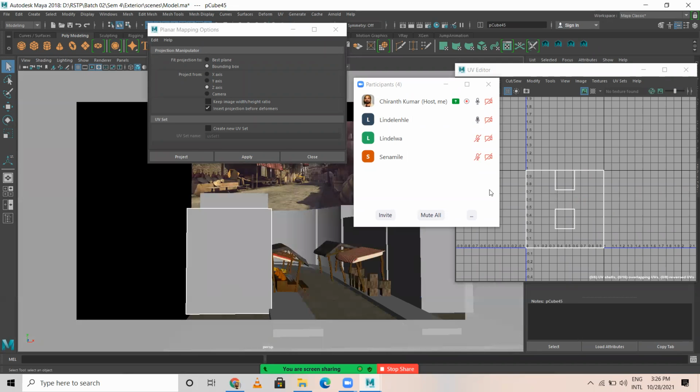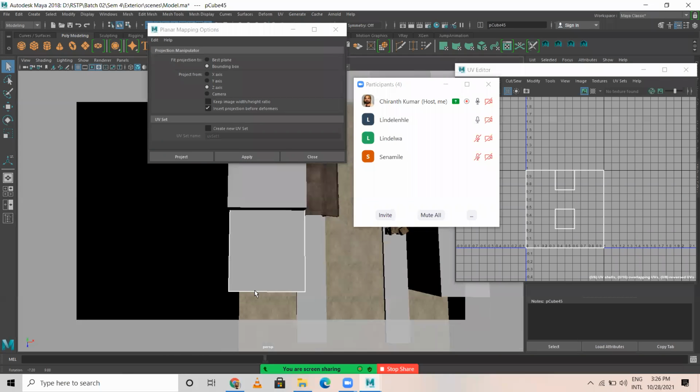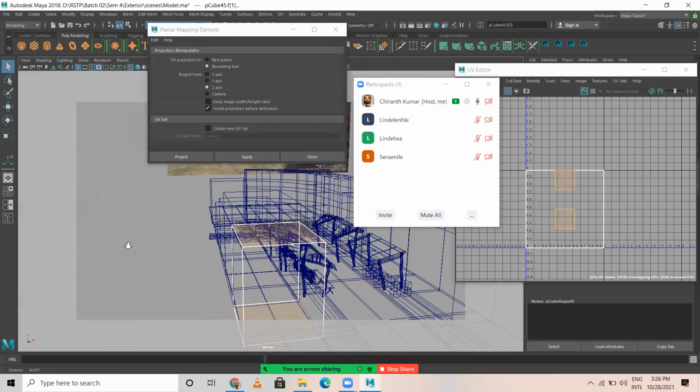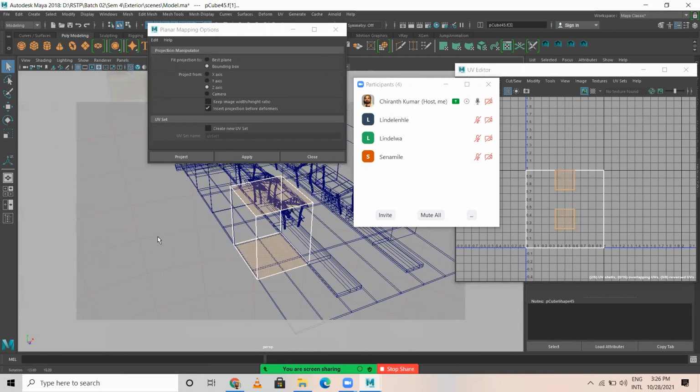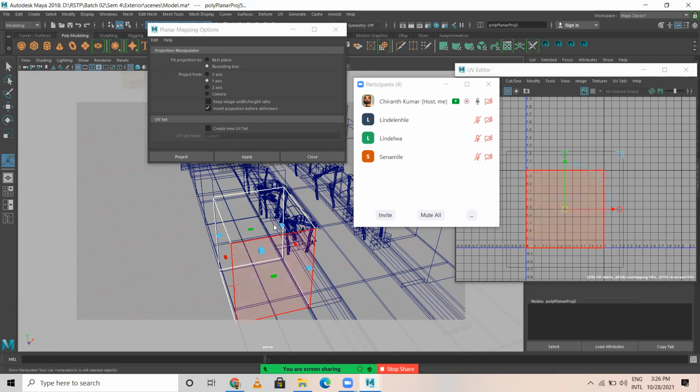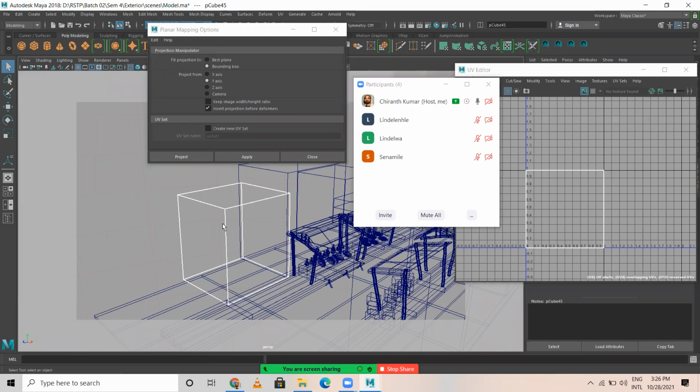Tell me. Y-axis. Only Y axis. So for that you have to select these 2 faces. Drag and select on the top. You can press 4 so that you will see, okay, top and the bottom. 2 faces are selected, right? Now I have to click on Y axis and apply. Now with this method, what happens? This entire box, this cube has been unwrapped properly.